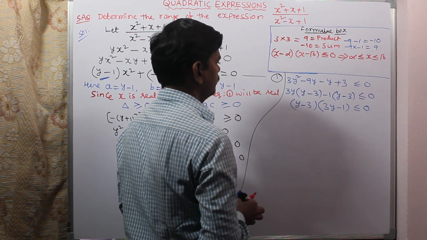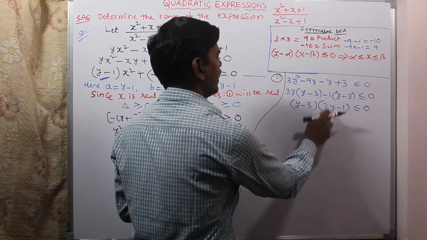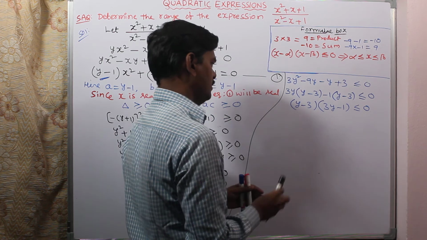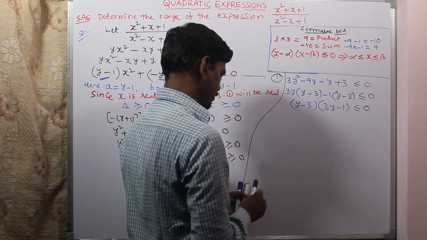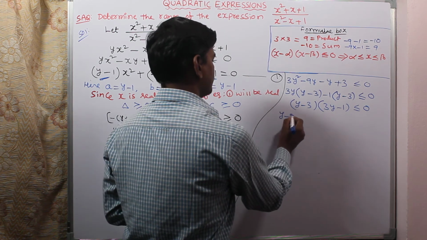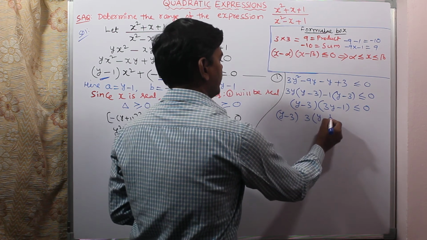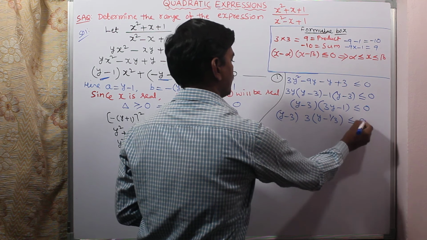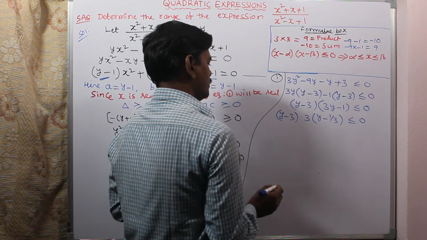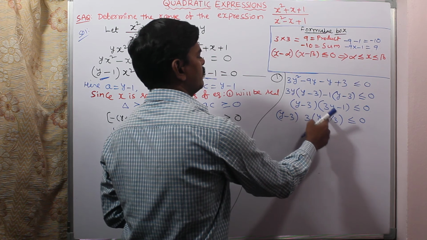If you observe, where x is, here we should have y, but we now have 3y. The coefficient of y must be 1, so try to make it 1. How can we make 3 into 1? By taking 3 common. So simple. y minus 3 into, taking 3 common, y minus 1 by 3, less than or equals to 0. Next we can shift 3 from LHS to RHS. After the negative sign here we have 3, and here we have 1 by 3.